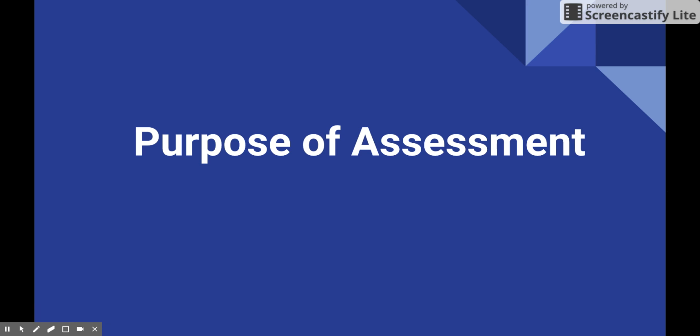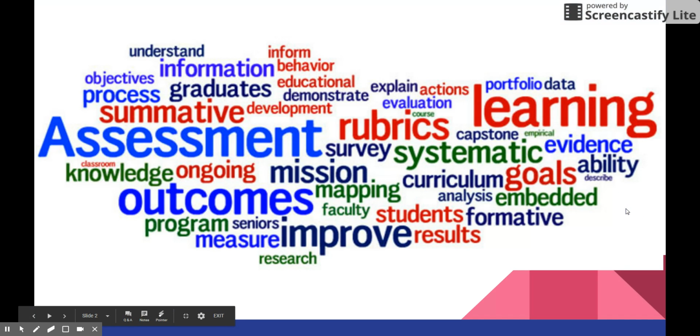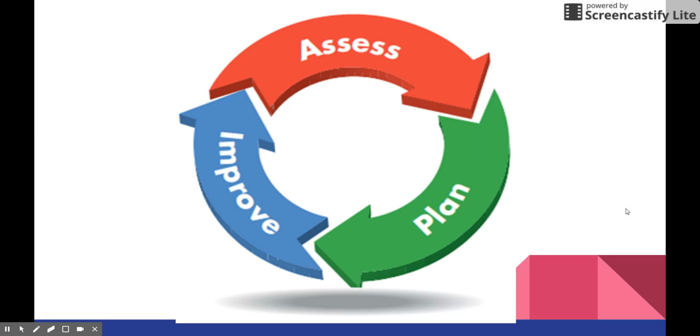We are going to start this training on assessment by talking about the purpose of assessment and looking at why we assess students. When people talk about assessment, it can oftentimes be a bit overwhelming, and sometimes people even feel a little bit negative about it. There are many different types of assessments and many opinions and ideas around this topic. As you work through these modules, I think it is important that we have a common understanding on the purpose of assessment.